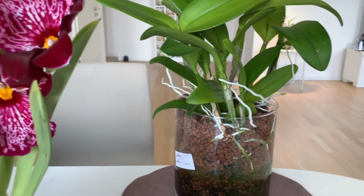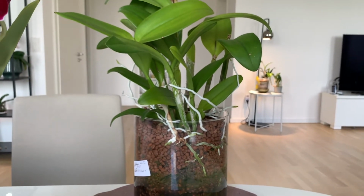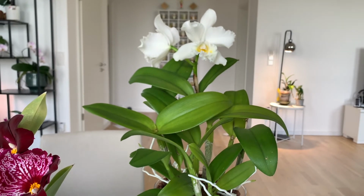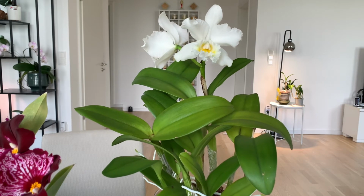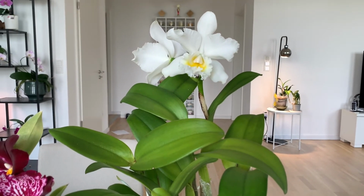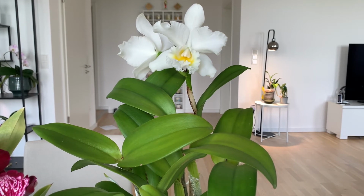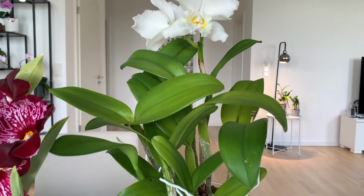Then the last one is a Cattleya. I just started recently with the Cattleya. This one is a Cattleya White Diamond, and it has a very strong fragrance. It's the typical Cattleya fragrance for me, mixed with maybe a citrusy note. I already got this plant repotted from Andre. He put it into LECA right away,